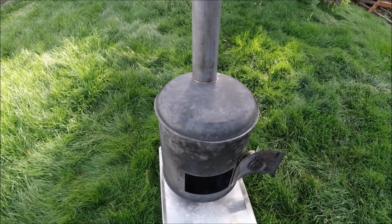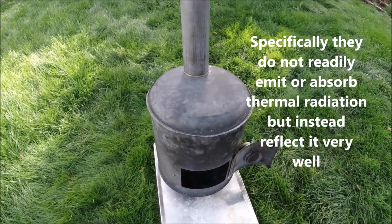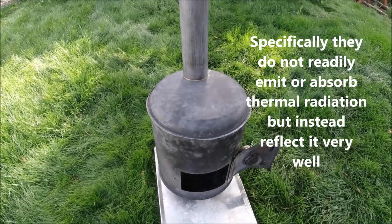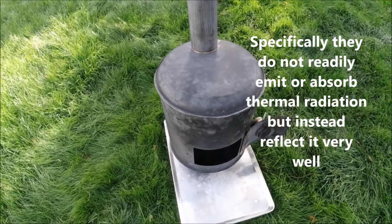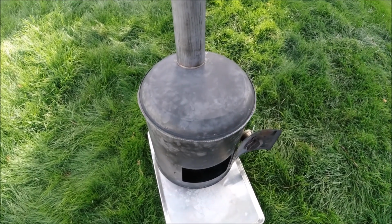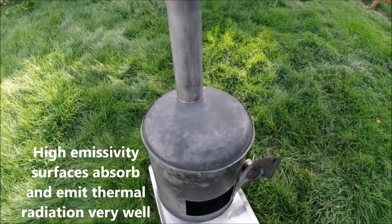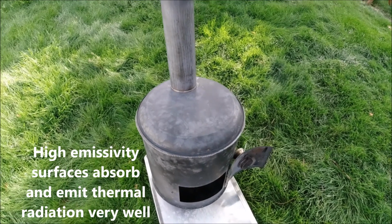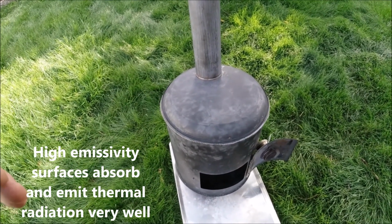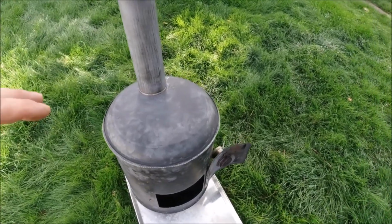What that means is that they do not emit heat very well, and they do not absorb heat very well. They reflect heat. Paint, on the other hand, and probably particularly black paint, but probably doesn't even have to be black paint as long as it's high temperature paint, has a very high emissivity, which means it absorbs heat and it emits heat readily. So what I've done here is I've painted both the inside and the outside of the